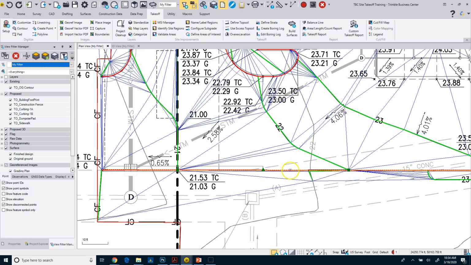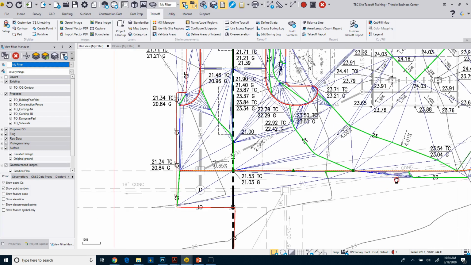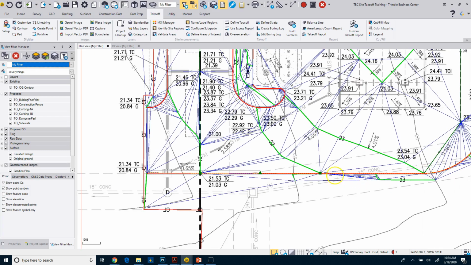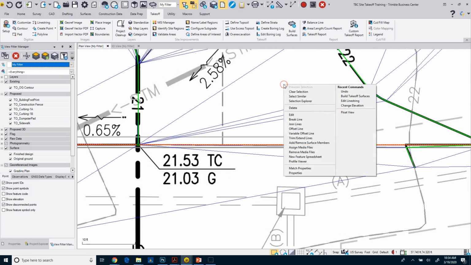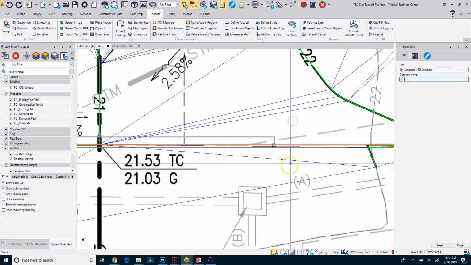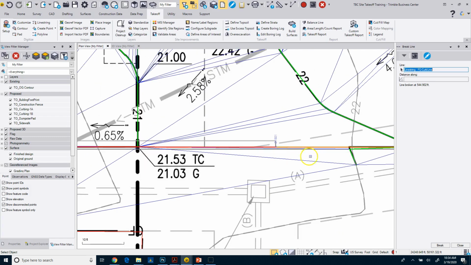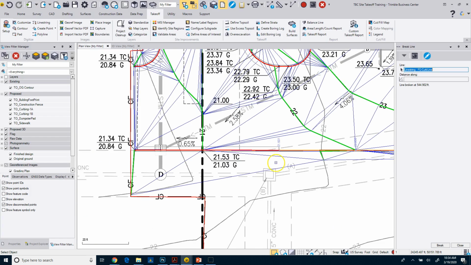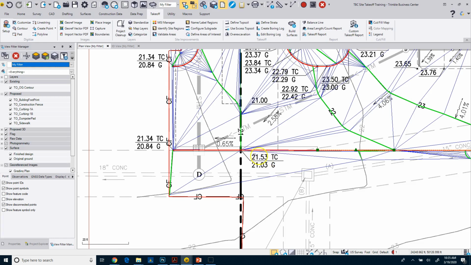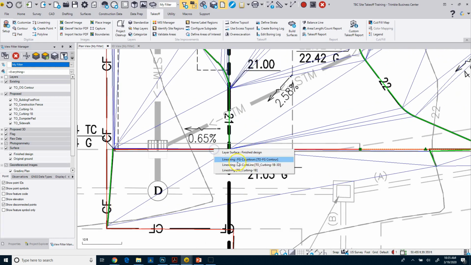So I'm going to start down here and I'm going to use an offset to do this. But if I offset this line, it's going to offset the entire line because when I drew in this curb, I drew it all the way through to pick up the elevations here. So I'm going to right click on it and I'm going to break the line at this curb right here. And you see it picks up the elevation along that curb line from whatever it was, right? So it's automatically assigned an elevation. So now I can close this and now I can pick this 3D line and we're going to offset it